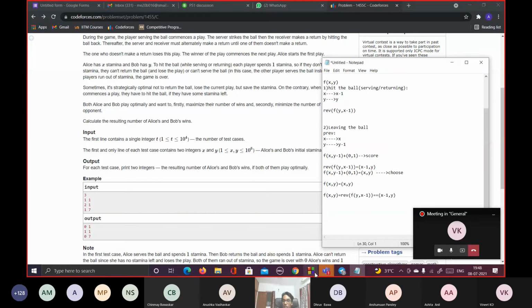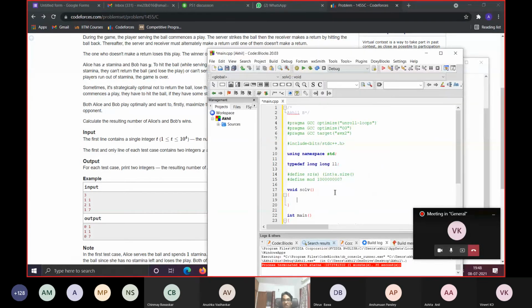So basically what we need to code is simply to take in two numbers. Since we have test cases, the test cases will be dealt with in the main function.